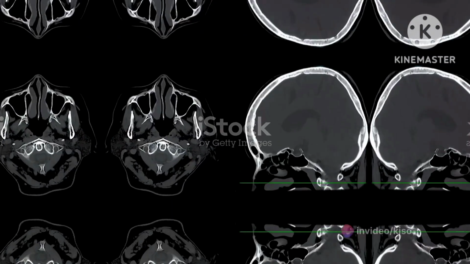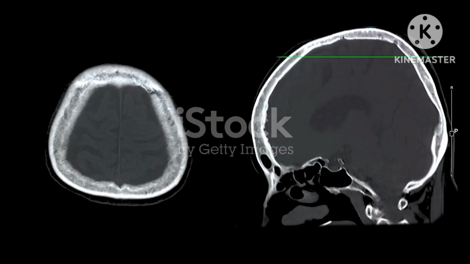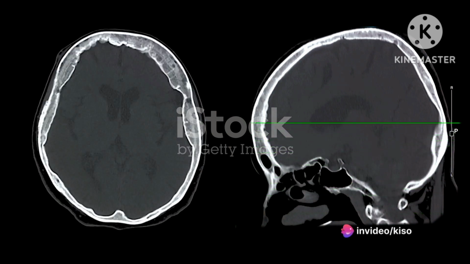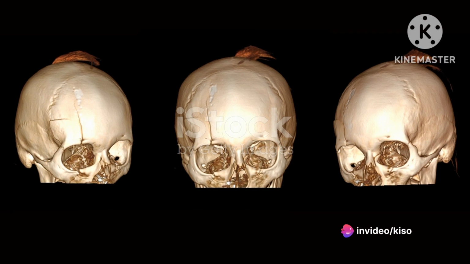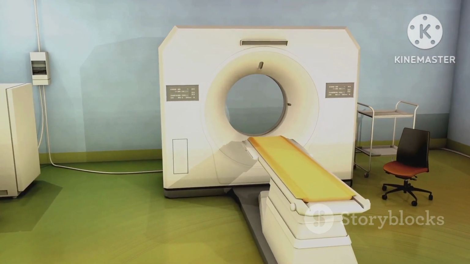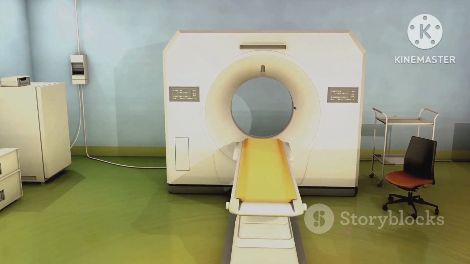brain tissue. A CT scan of the brain can reveal a multitude of conditions such as brain tumors, hemorrhages, blood clots, and even signs of stroke. It can also help in detecting and locating injuries to the skull. The information derived from a CT scan is invaluable in planning the right treatment approach and assessing the patient's progress